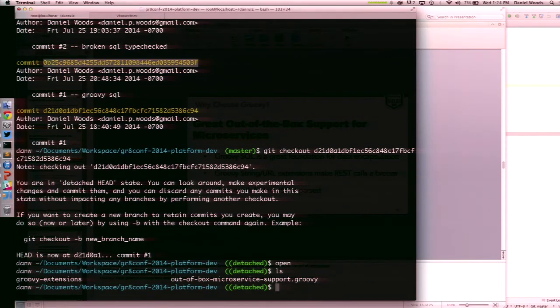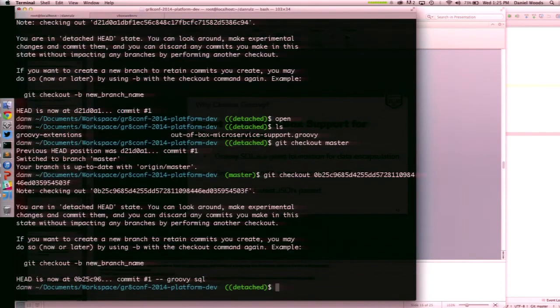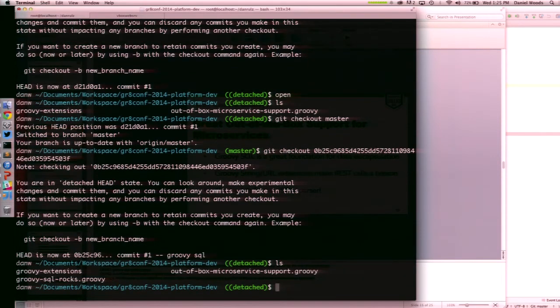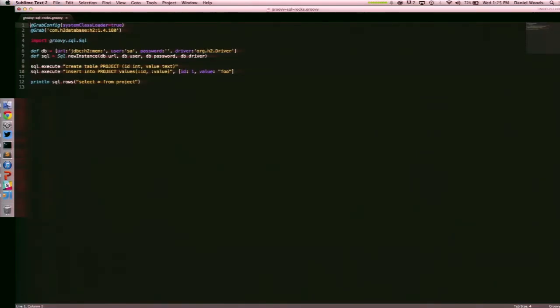Actually, I'm going to check out the second commit, sorry. What I want to show you here is Groovy's really great SQL support. I have that in a file called GroovySQLRocks.groovy, appropriately.